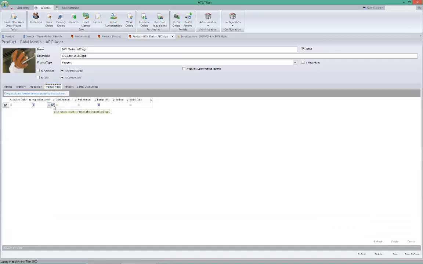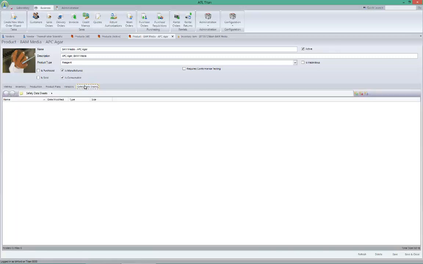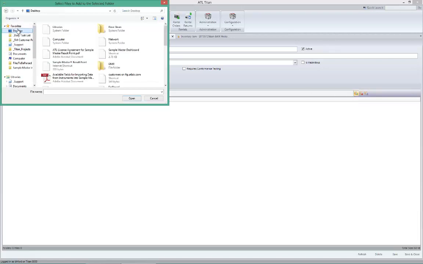Product plans, you can actually have different material as far as inspection level, start amount goes, activation date. And then we have vendors. If this was a purchased product, we could actually go ahead and associate it with vendors. We're going to go over that in a little bit. And then finally, safety data sheets. You can actually attach your safety data sheet, and to do that, you would simply go ahead and click Add File, and then I could browse to whatever, and then add that